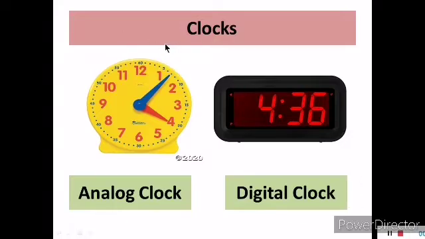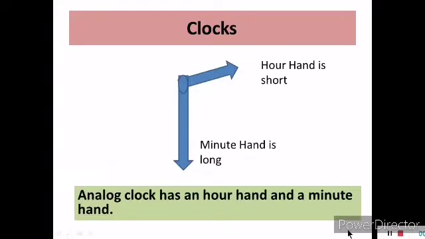So there are two types of clocks. You have seen different types of clocks in your house, right? So mainly they are of two types. One is the analog clock, the other one is the digital clock. The analog clock has two hands and numbers 1, 2, 3 till 12 written on its face, okay? And the digital clock tells the direct, exact time, it will tell the number itself. That is the difference between analog and digital clock.